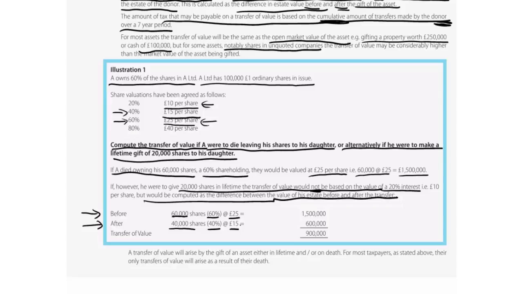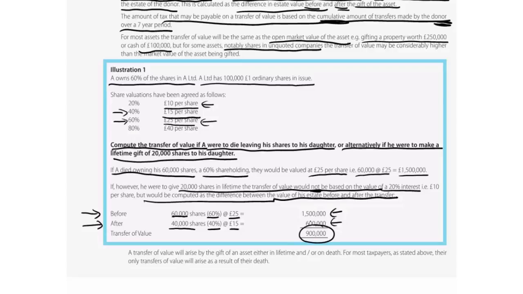So let's work out the difference between what A had before the transfer and what A had after the transfer. Before the transfer, 60,000 shares at £25. We've already done that calculation, 1.5 million. After the transfer, 40,000 shares, now being a 40% holding, is valued at only £15 a share, 600,000. Look at the transfer of value we've computed, 900,000. So for IHT purposes, if A were to die within 7 years of having made this gift to his daughter, then there would be a transfer of value amounting to